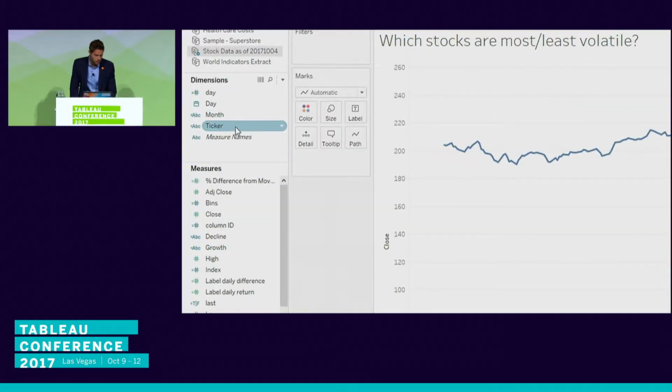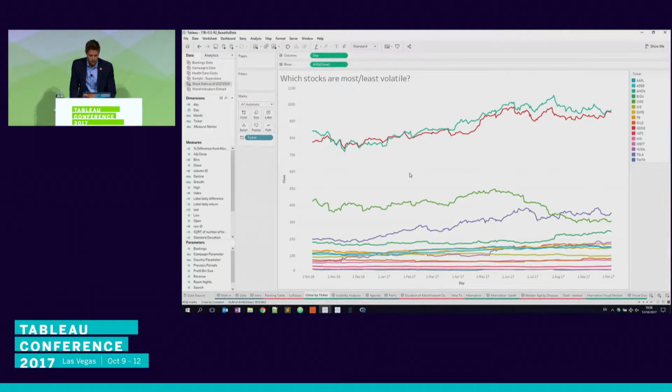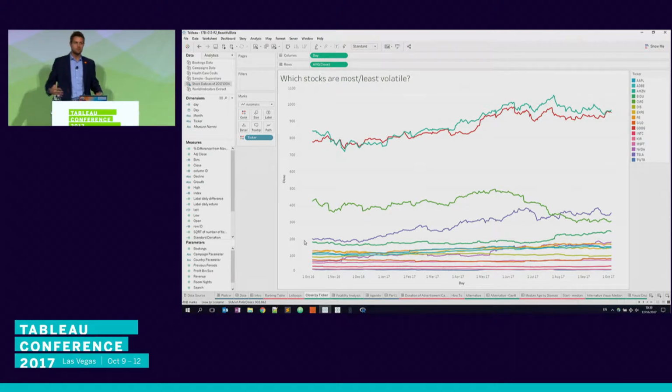So I might go and grab ticker, use it on color, and you see that I have quite a lot of data now. And I can't, as a human, compare something that says 800 with something that says 400, 100, etc. I can't draw any conclusion out of this. But since I'm good at Tableau,